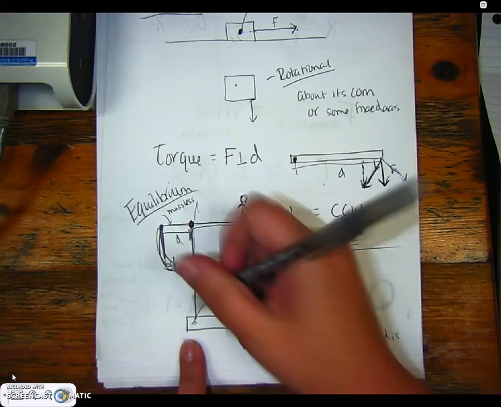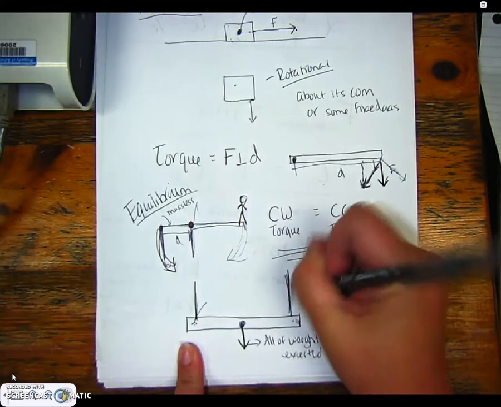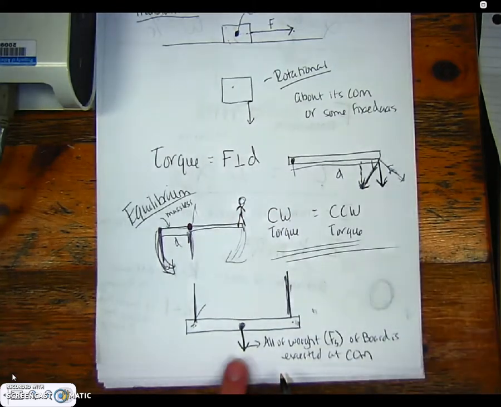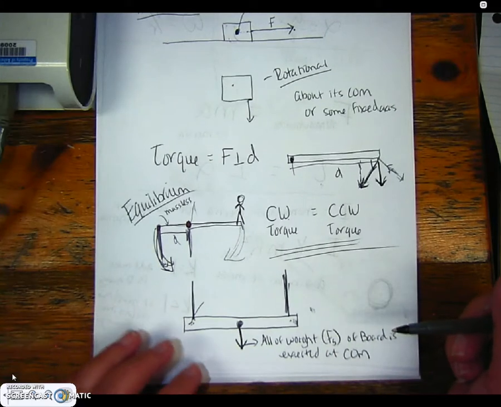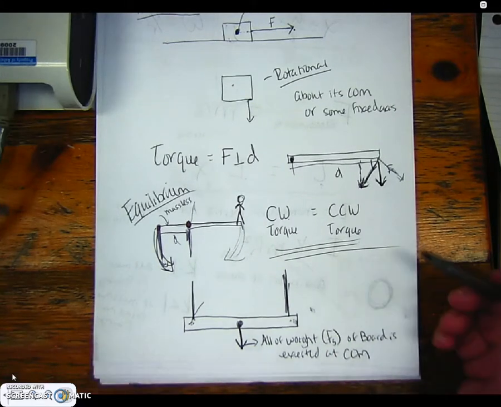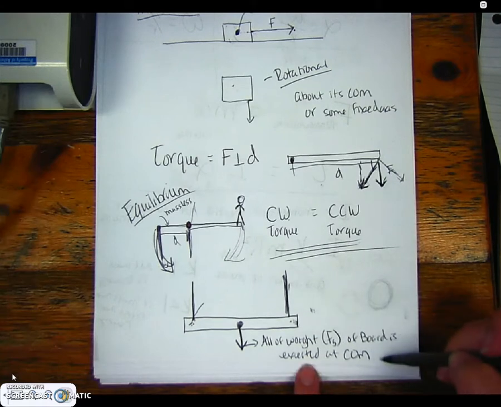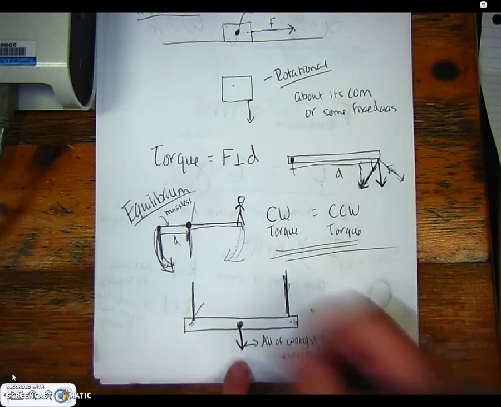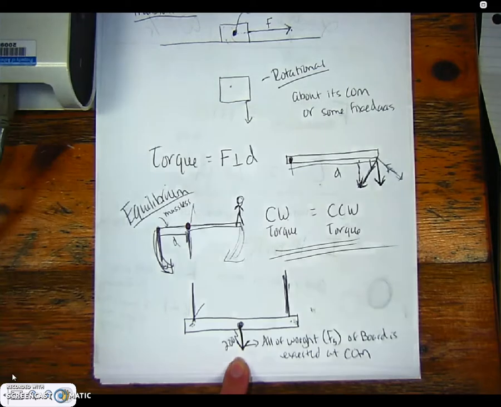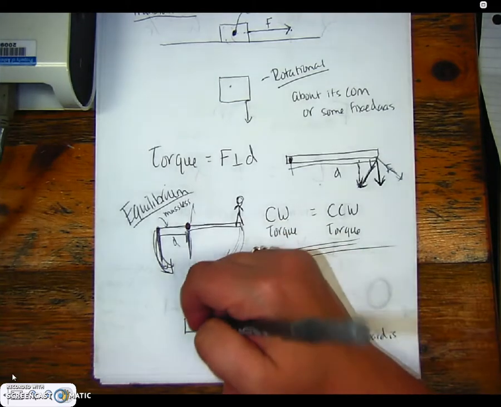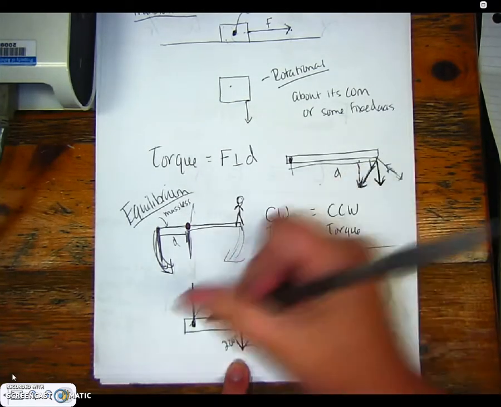So let's say you had a board and it was hanging from some strings, and this time let's say that the board actually has some weight to it, or some mass to it. The only thing that's different about this scenario is that the entire weight of the board is exerted at the center of mass of the board. So if this was a 200 Newton board, that means you just have another force right here that is 200 Newtons. So if you wanted to figure out the torques, or this is an equilibrium, and you wanted to